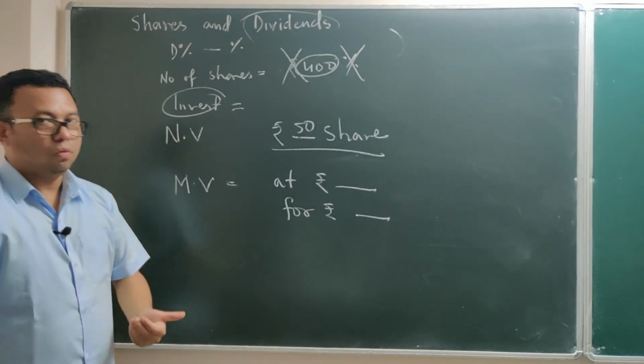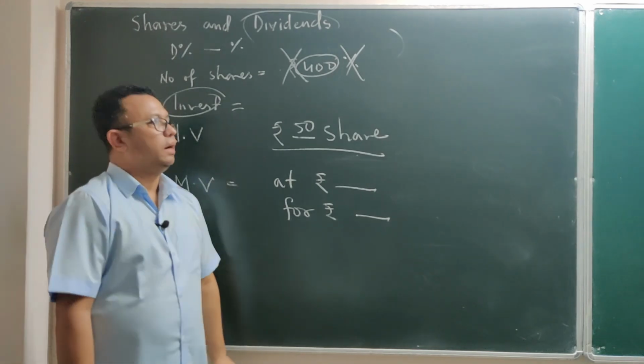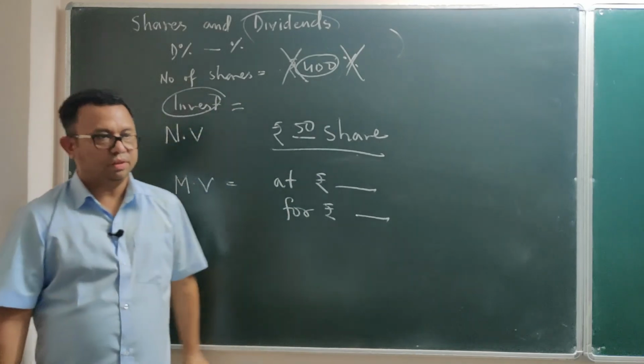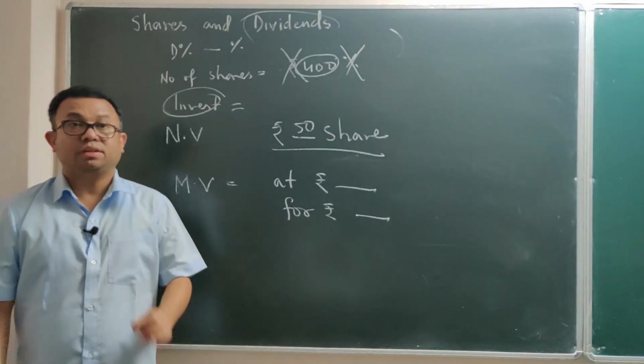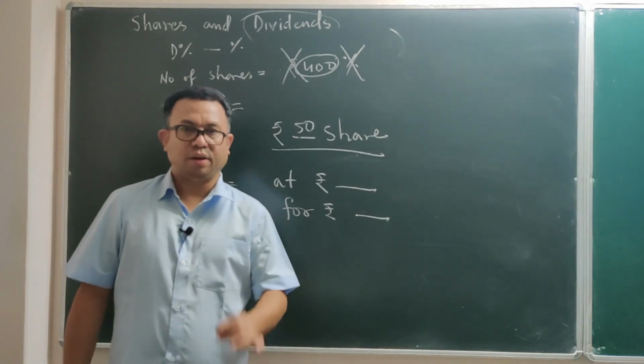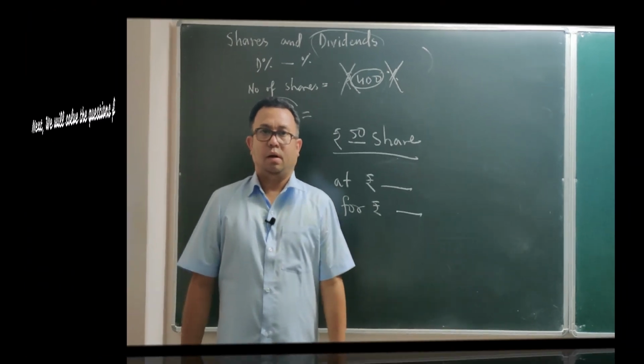Now we'll see the question. Again I am repeating, I just now checked your questions. I found at least one type of question which is very special, a little difficult and a little lengthier, which is called the sale proceeds type of question. It's not given in your exercises, so I'll be separately giving you